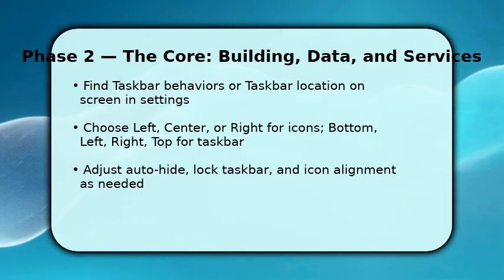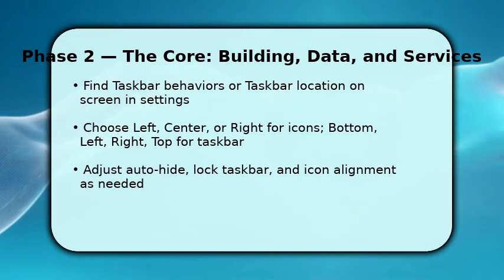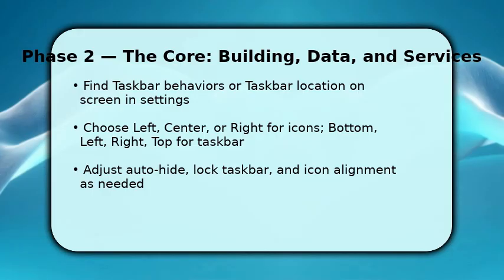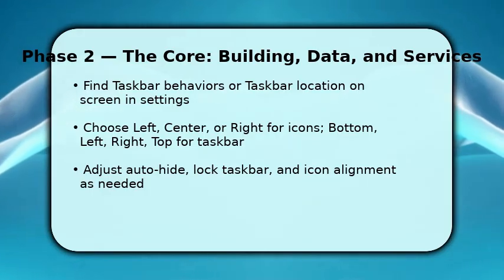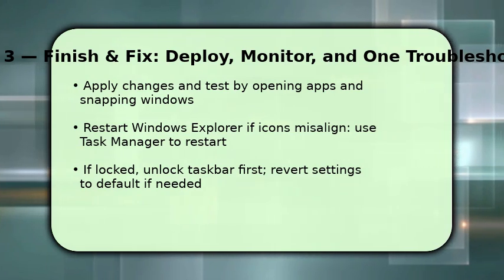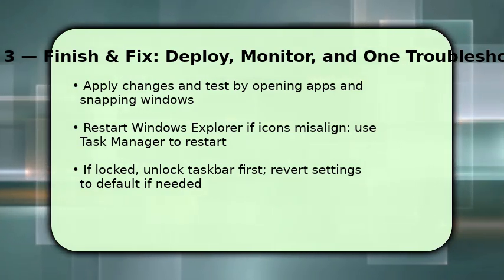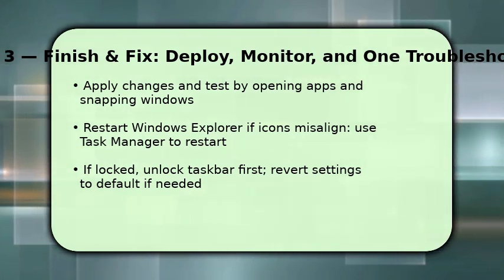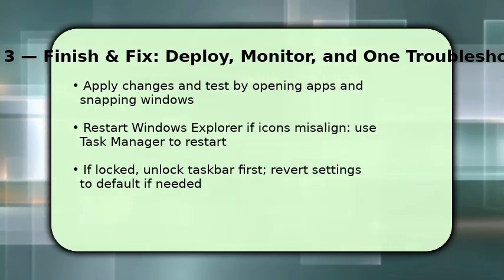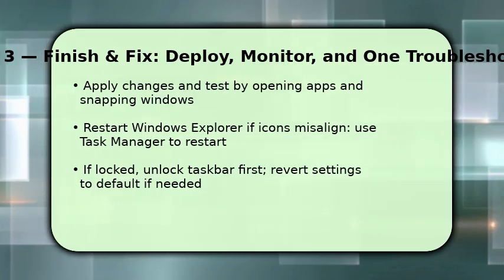Make sure to toggle auto hide if you want more screen space and lock the taskbar to prevent accidental moves. Allow a moment for Windows to reposition items so you can confirm spacing and alignment. After choosing the new position, apply changes and test by opening apps and snapping windows to ensure everything behaves as expected. If icons look off or the bar won't move, open Task Manager, find Windows Explorer and restart it to